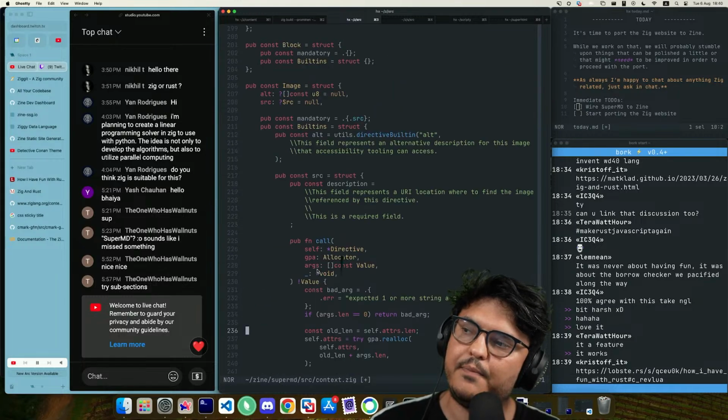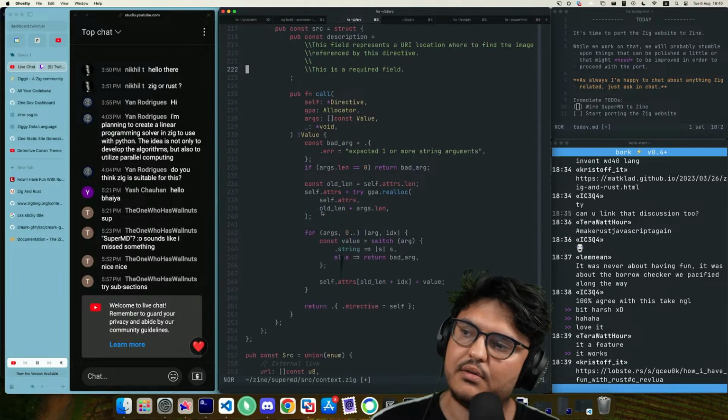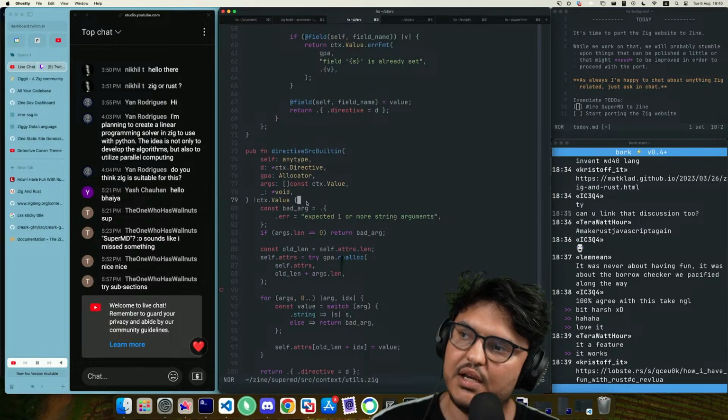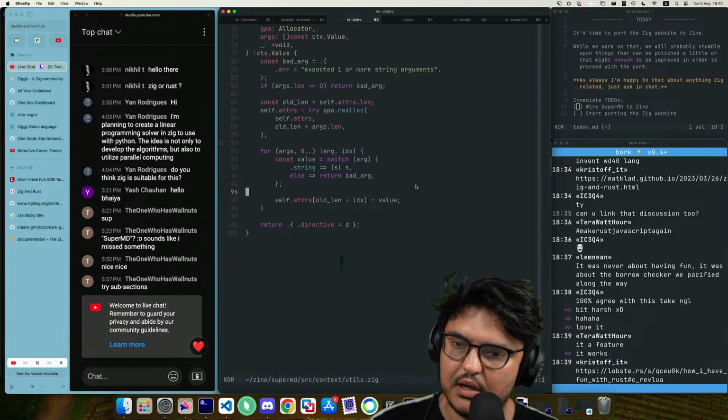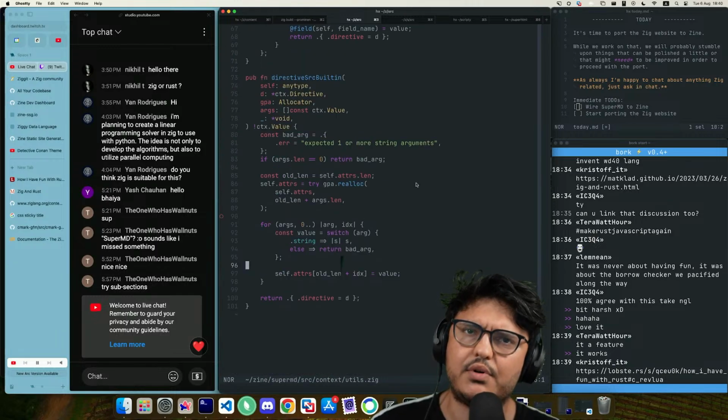Now, you know what? I'm thinking that we need to have more than one source thing. I think that we need like source URL, source page, source site, source build, maybe.